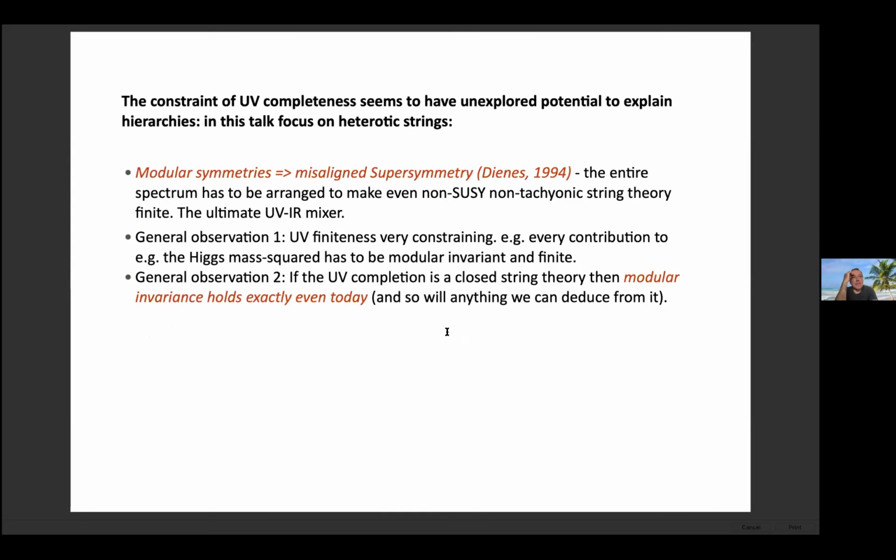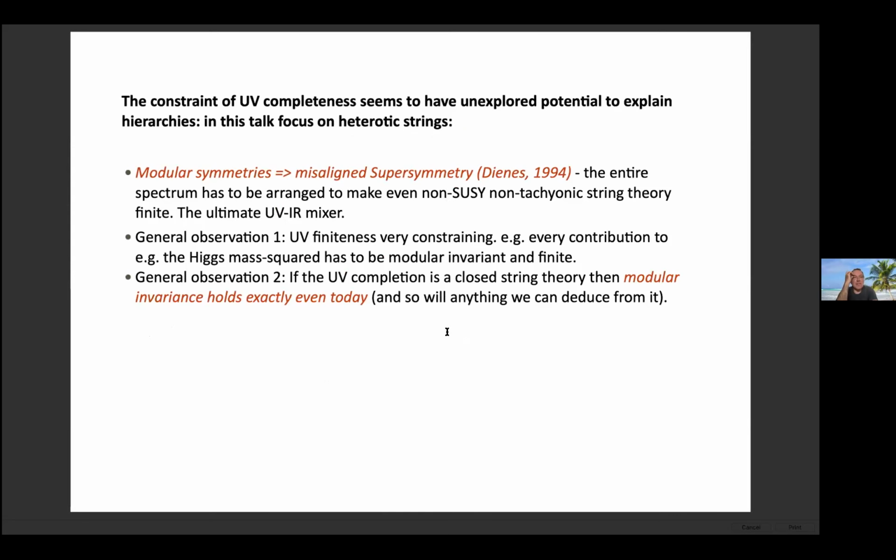So why study this subject at all? The world is non-supersymmetric, as we know, and it is getting less and less easy to satisfy supersymmetry and confront experiment with it. So that's the obvious thing. But the other thing is that if you're thinking of a UV completion, supersymmetry obscures the properties of the UV theory. The UV theory, to make itself finite, is doing all sorts of amazing things that are not apparent if you make it supersymmetric.